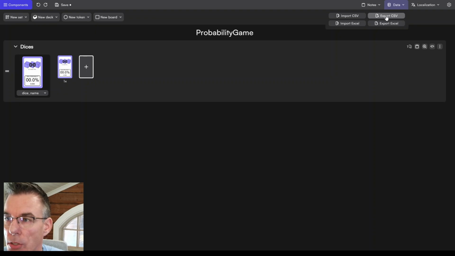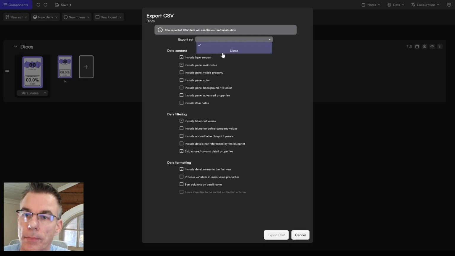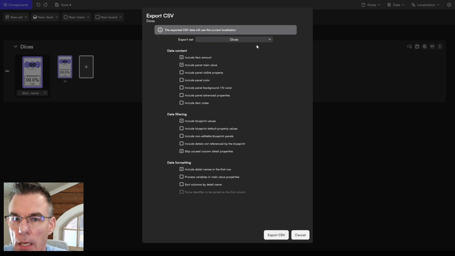So I just export this, then it asks me what information I want to export. I want to export my dice cards, and I like to leave out all the extra information that I won't be needing. All the visibility properties, color properties, fill colors, everything that I don't need.